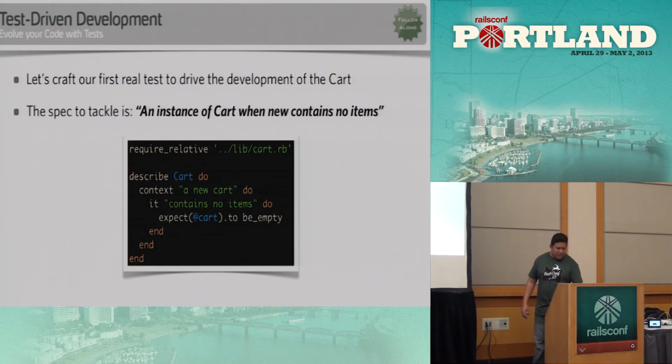Now, this is making a lot of assumptions. Those assumptions are where the design part of the equation comes in. I made in my mind the design decision that the cart is going to be something that responds to the empty method, so empty question mark. It could be a hash, it could be an array, but we haven't gotten there yet. But at least we made one decision, and this is an API design decision. I also made the decision that I have an instance variable named cart. So you start coming up with these mini decisions that eventually coalesce into a real design.